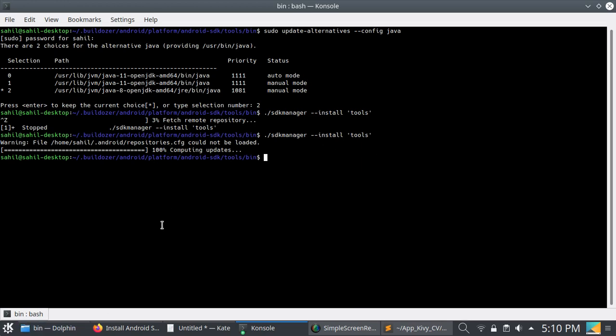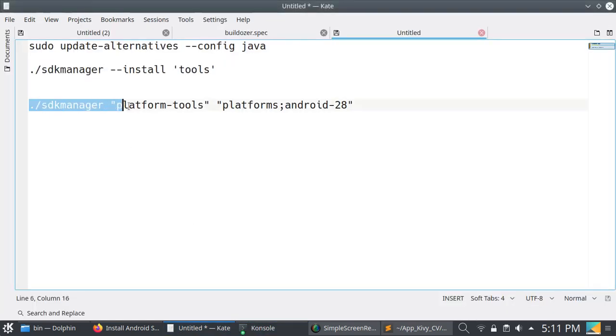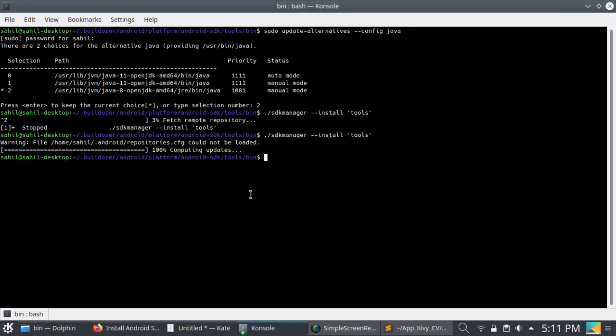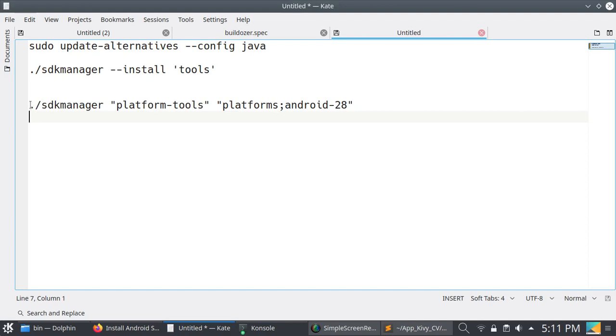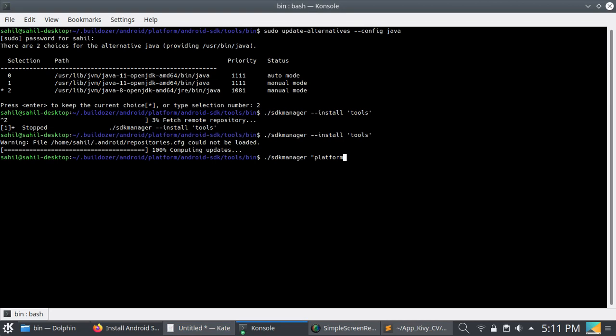One thing I want to tell you is that you can install the latest API by using this command. Just copy and paste it in the bin directory, and you can choose the latest version, equal to 30, 28, or 27. You can do it using this command. I have already installed version 30, so I'm not doing this now.